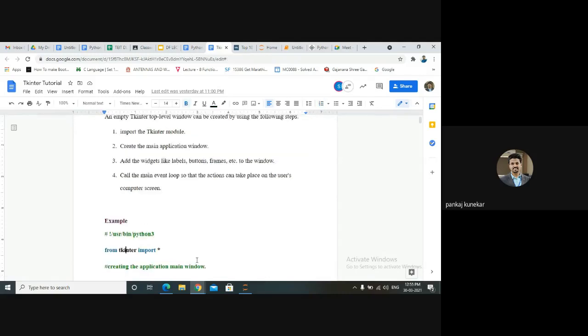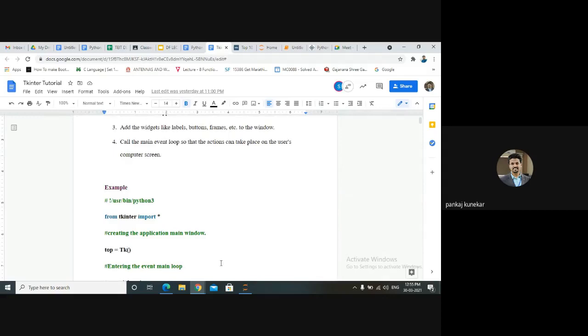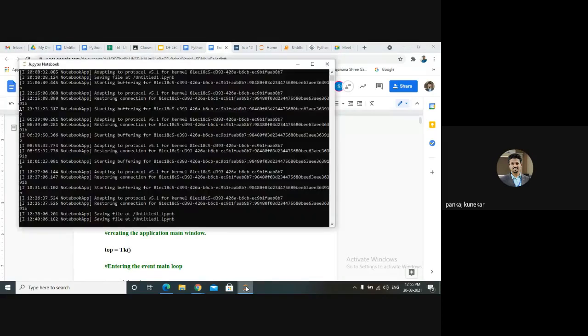How can we use this? I am using Jupyter, because Google Colab or an online Python compiler will not implement this GUI part, since we need to have an output window. So I'm using Jupyter Notebook. You can download Jupyter Notebook and install it on your machine.